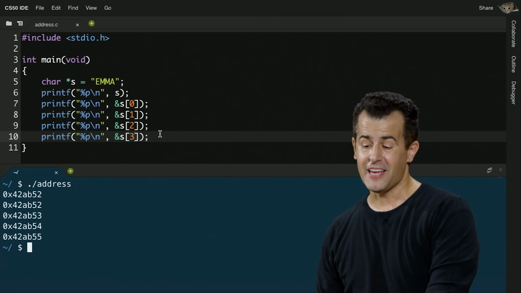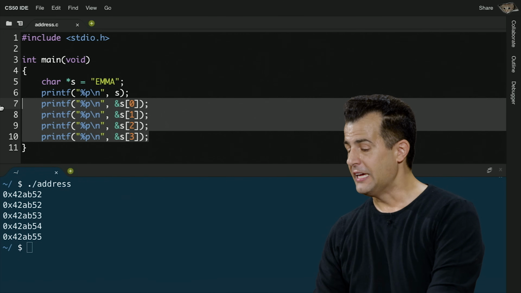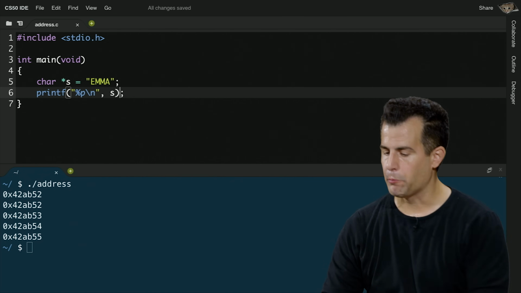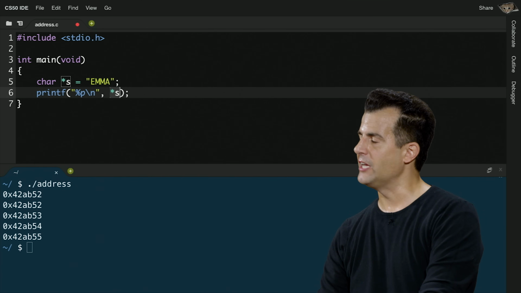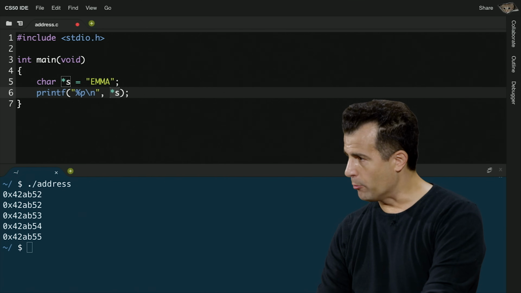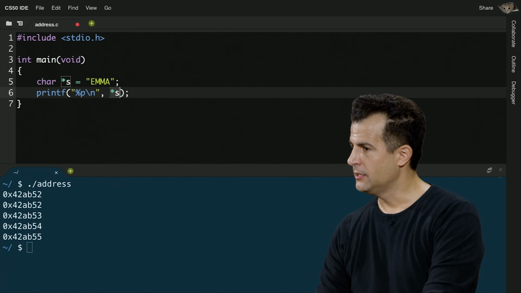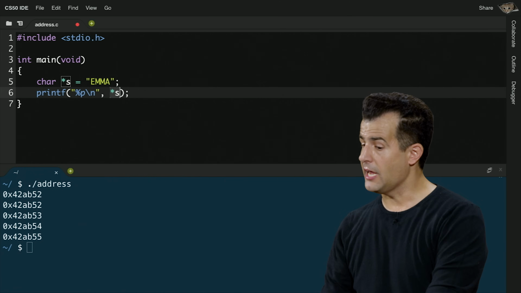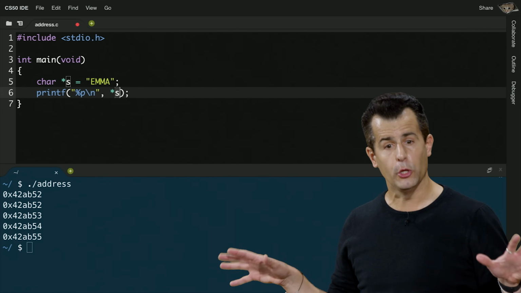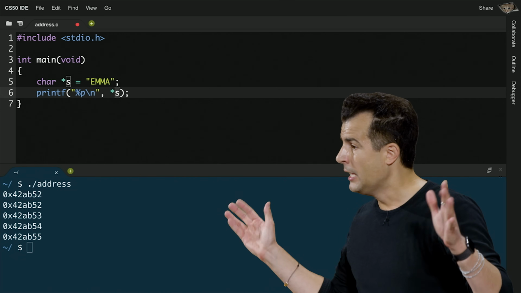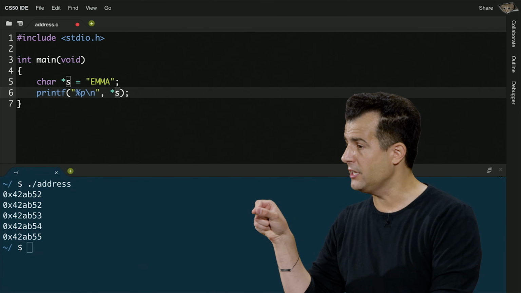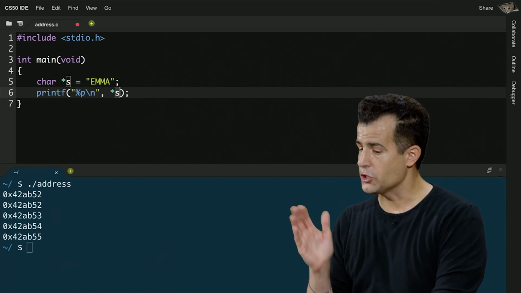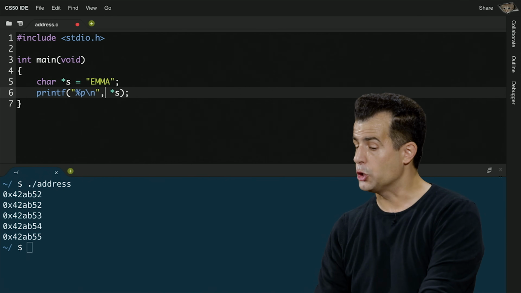All right, so it turns out if all that's going on underneath the hood is just addresses, watch what I can do here. If I want to print out what is at the address s, what will I find in memory if I go to the address in s? Sorry, a little louder? The first letter in Emma's name, right? If you can all agree, even if it's a little unfamiliar still, that s is just the address of a character, and I say go to s, what should I see specifically? Probably E in Emma, right? If s is the address of the first character in her name, *s would mean go to that character.